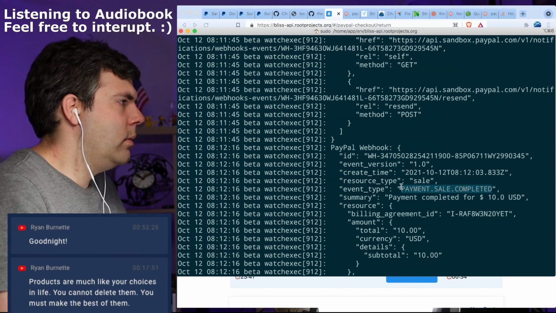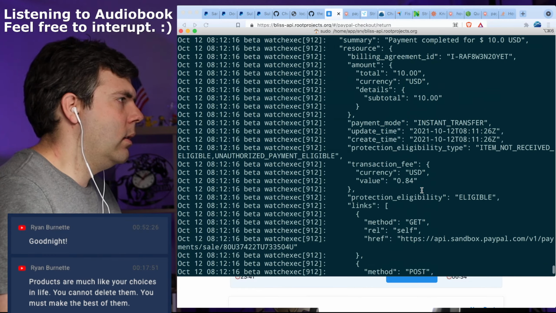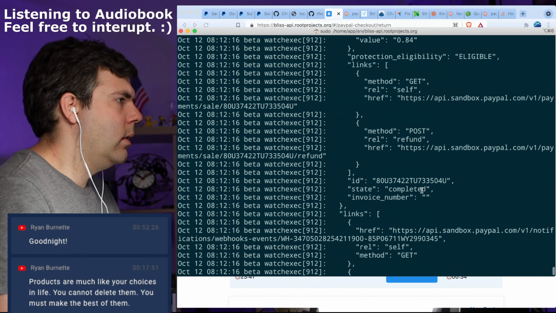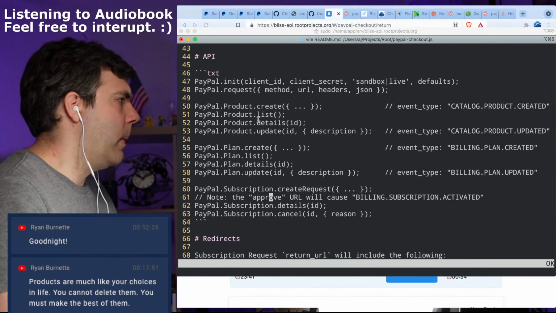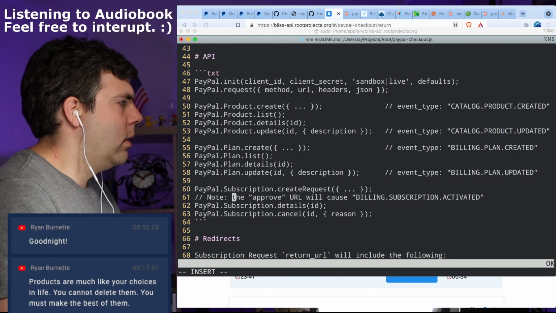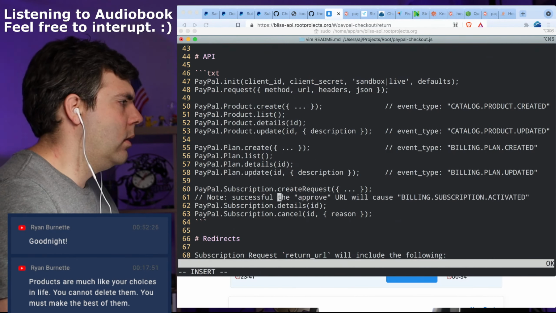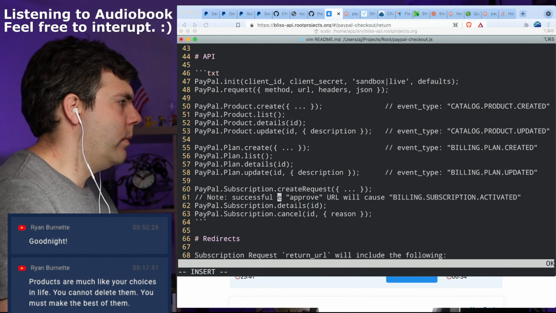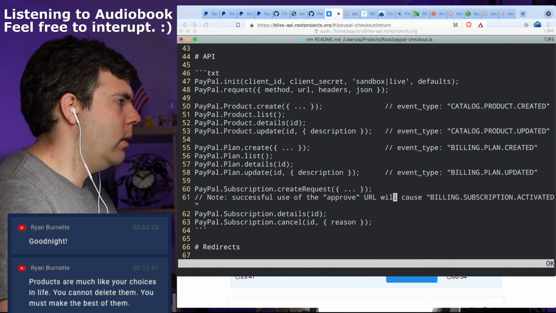And then there's payment sale completed. Okay, cool. Successful use of the approved URL will cause